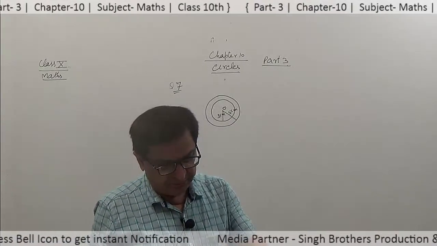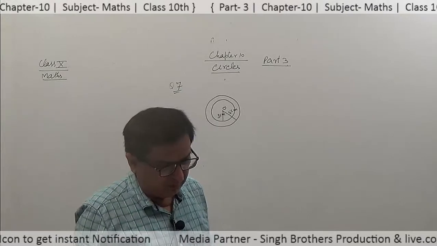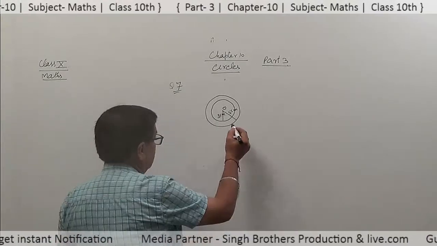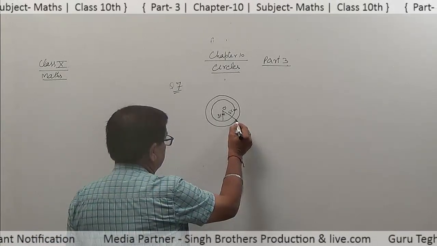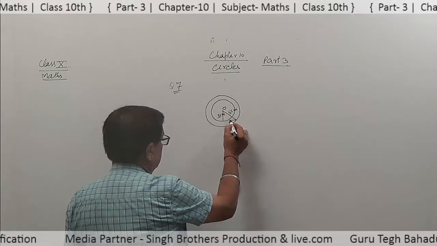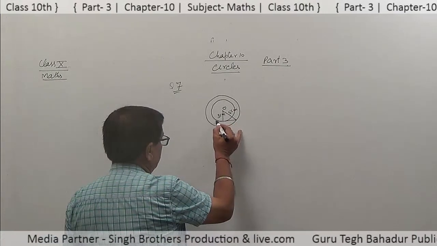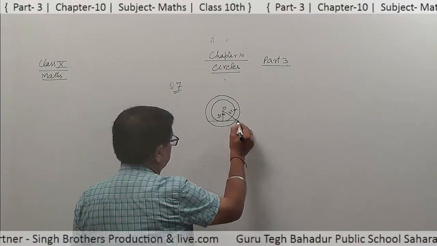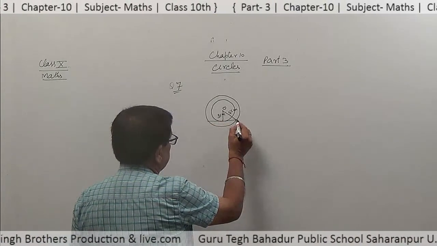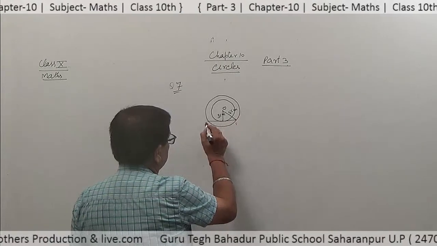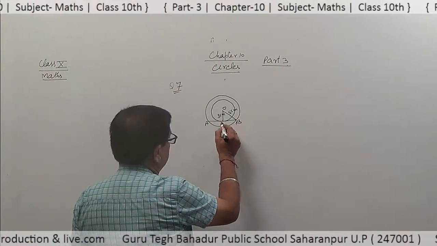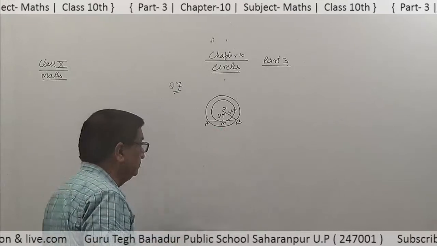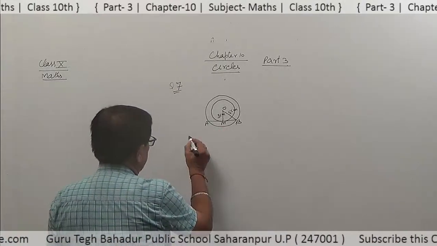Find the length of the chord of the larger circle which touches the smaller circle. This chord of the larger circle touches the smaller circle. So we have to find this chord AB. This is M. Solution: